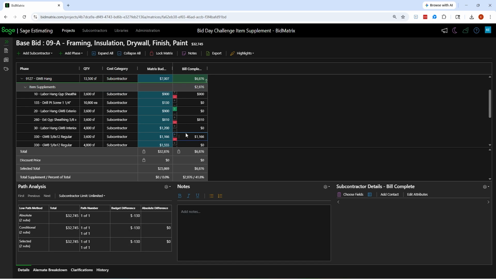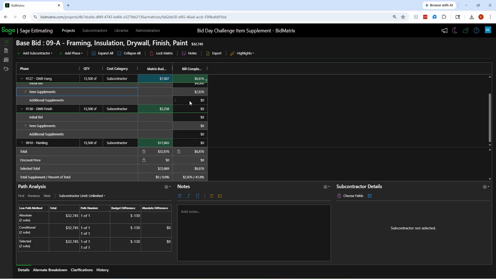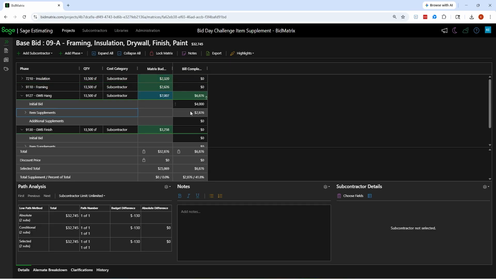Now, as I'm looking at supplementing all this, just like we saw earlier, we put on a manual supplement. And down here at the bottom, we can tell how many dollars we've supplemented. In this case, about 41.8% of that bid was supplement. That's a pretty big portion of the bid that they've missed. So that might even start tripping the red flags, and I may just want to exclude it until I get some more bids in here to see, even with my supplement, maybe I don't feel good about that number. So very powerful for doing the analysis.